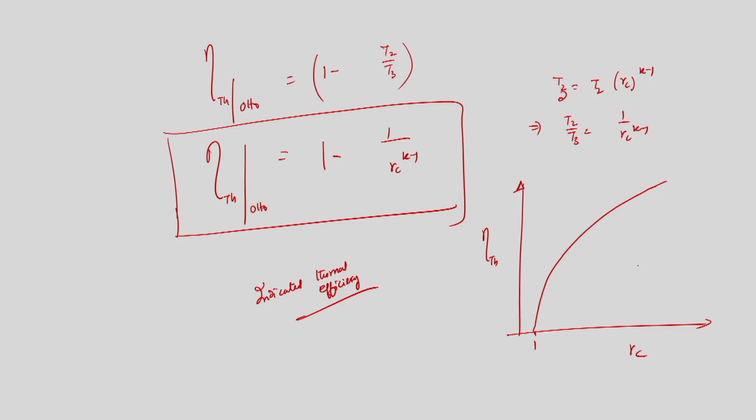The heat transfer values are those to and from the air within the combustion chamber. So, this is the indicated thermal efficiency, this is not the brake thermal efficiency. We did this thermodynamic analysis only to have the mathematical expression for the thermal efficiency of the Otto cycle.